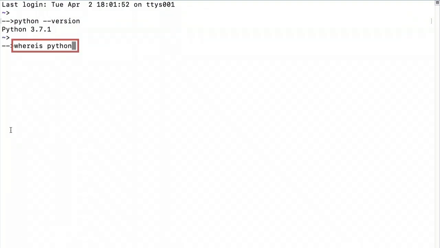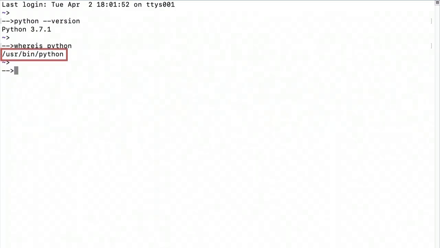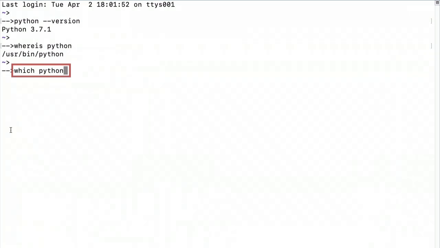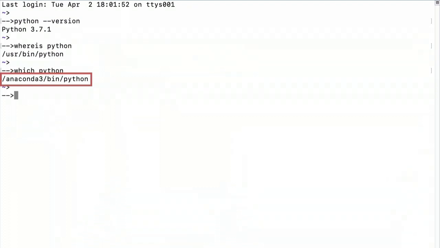If you run the command where is Python, you'll find that there is a version of Python available under /usr/bin/python. Now it's important that you remember that this is not the version of Python that we're going to use. This is the Python version that comes built in on your Mac. So if we hadn't installed Python using Anaconda, this is the version of Python that would be running on your machine. But because we do have Python installed using Anaconda, when you run which Python, you'll see the version of Python that our machine will use to execute our programs. This is the Python present under anaconda3/bin/python. So even though we have multiple Pythons installed, this is the Python that will be used, the one in Anaconda 3.